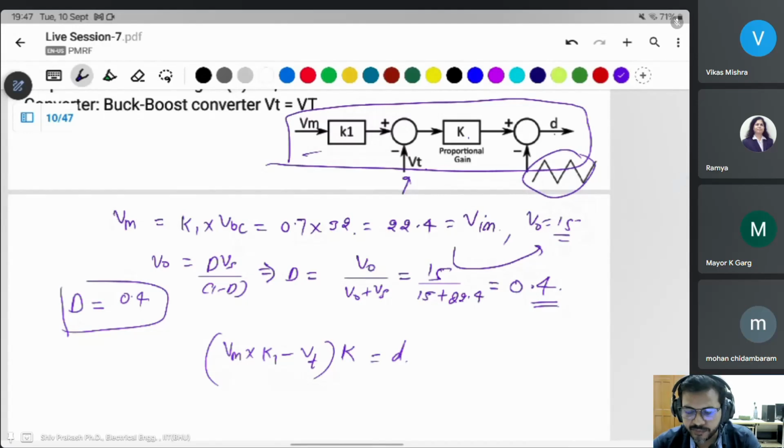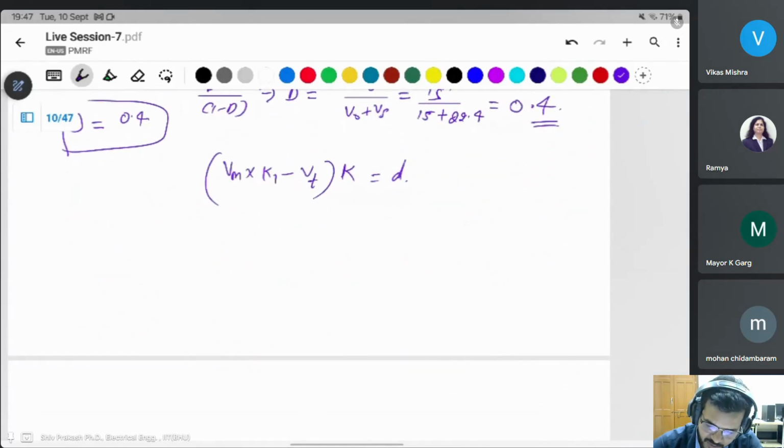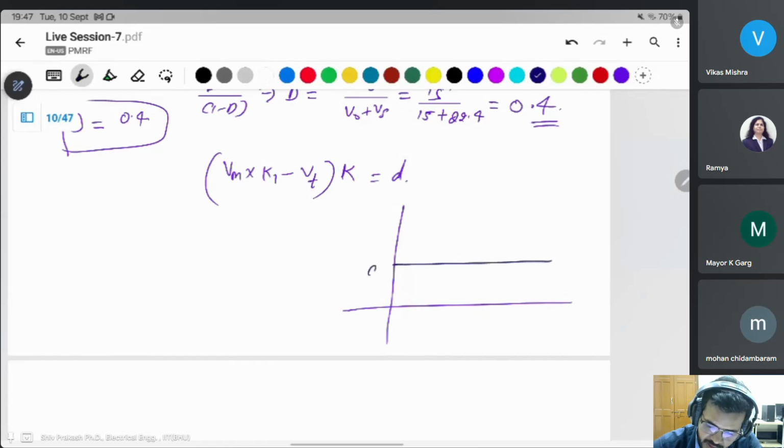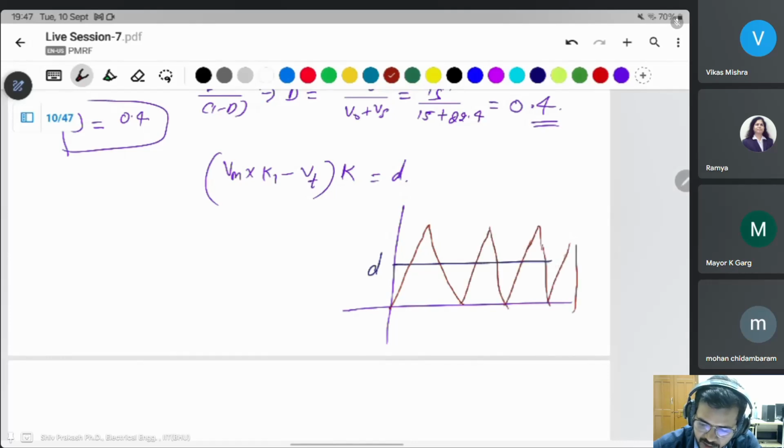It makes the magnitude of the duty cycle discrete. I think you have explained this one. Something is a reference, and this is the duty cycle. The sawtooth or triangular wave is there to make this a discrete, digital